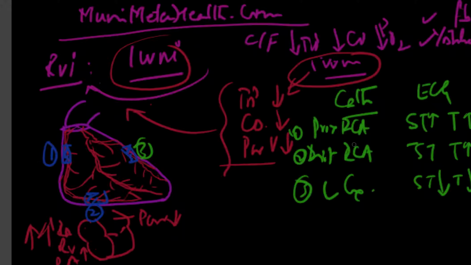So just to regroup quickly, proximal RCA will show ST elevation, which will be looking like this, mostly. Distal RCA will show no changes, so the ST segments will be just normal, whereas the left circ will show an ST depression here and a T wave inversion. So both will be depressed here, and these will be elevated here, and the ST and the T waves will be upright here. So this is quite a distinctive pattern, as I said, angiographically correlating with these three different types of lesions. Having understood that, how is the treatment plan going to change the outcome?